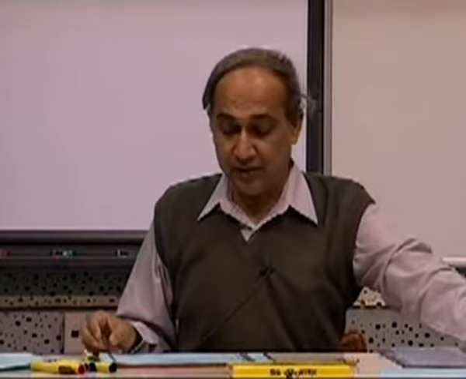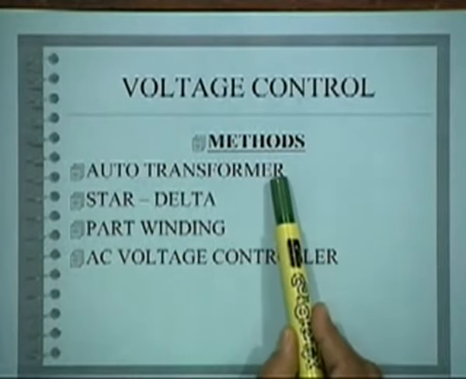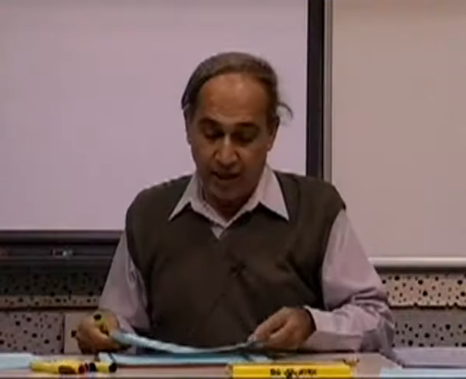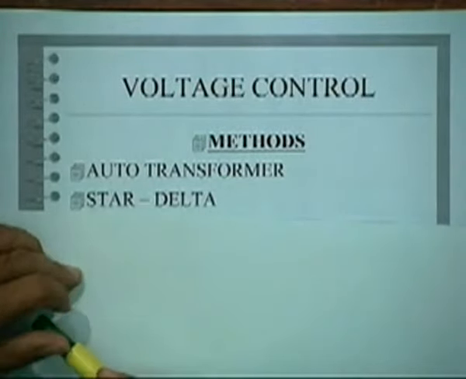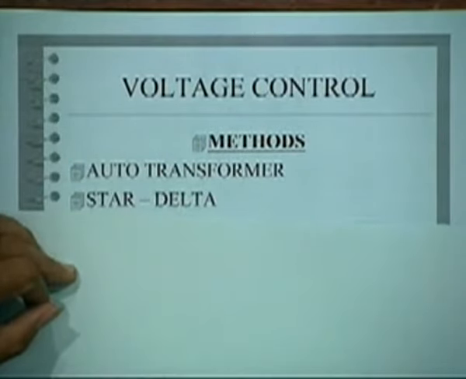Now, let us look at the voltage control. If you want to control the voltage at the terminals of the motor, what are the methods available to you? How you can control it? You can control it by using an auto transformer. That will be one simple way to do. Or if it is only two speeds, you can connect them in star and then connect them in delta, then you will have two voltages, right? That is one simple way of having a voltage control.